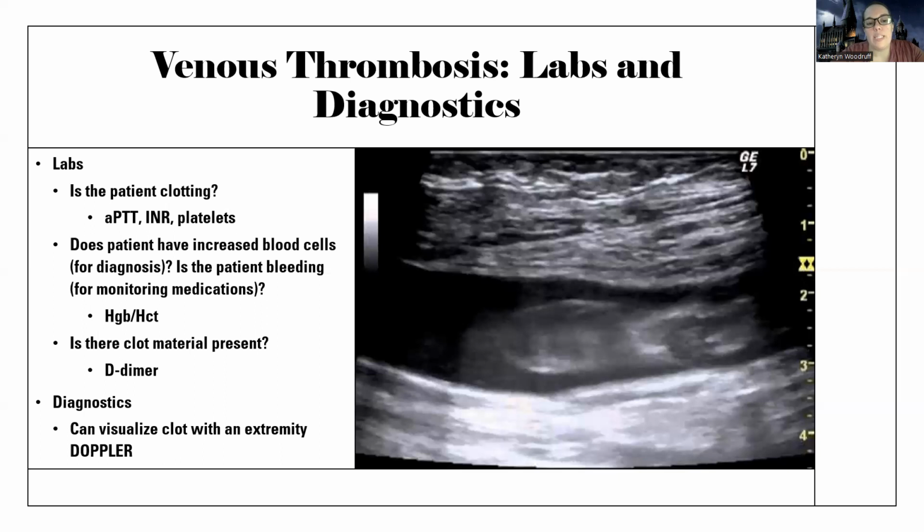We also want to look at whether there is clot material present. So there's a specific lab, you're going to see this one for VTE, not just DVTs, but any sort of clot issue. It's called a D-dimer. And what a D-dimer tells me is that there is some sort of clot material somewhere in the body. I like to think of it like,